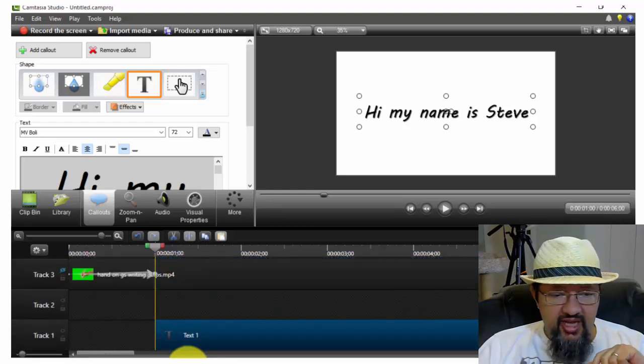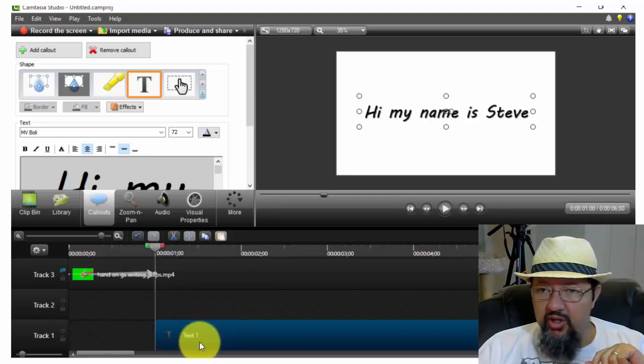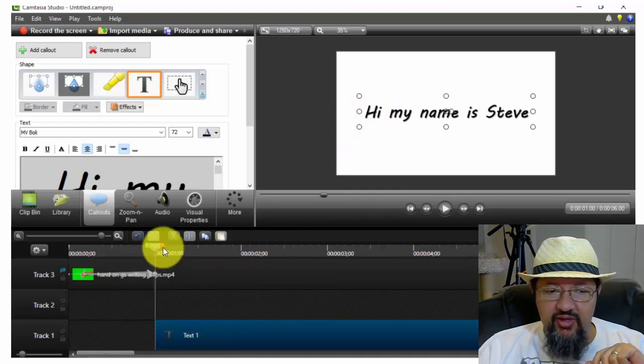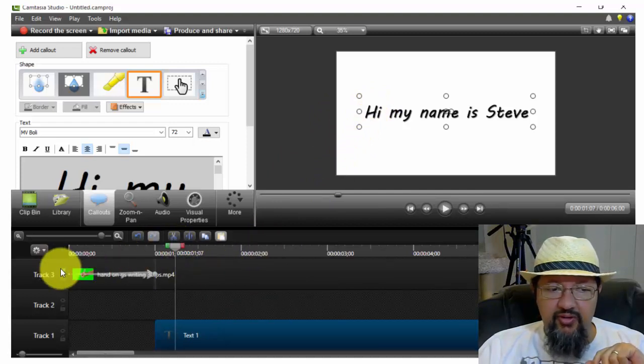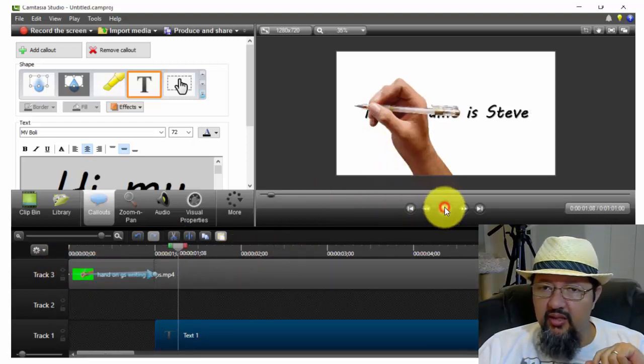So let's drop the text all the way to the bottom. Okay, that's the first thing we're going to be working with. And I want to look at the actual size of this text compared to the hand. So I'm going to turn the hand back on, and what I want to do is look at